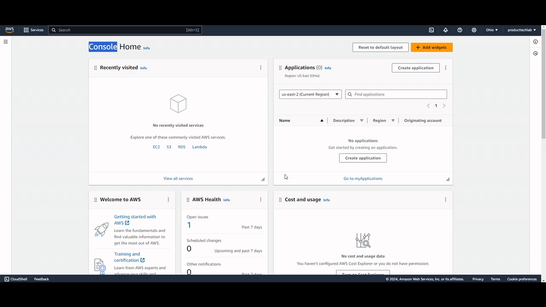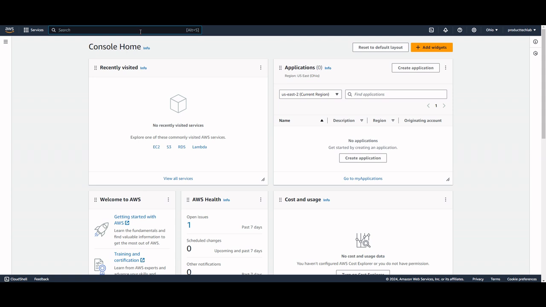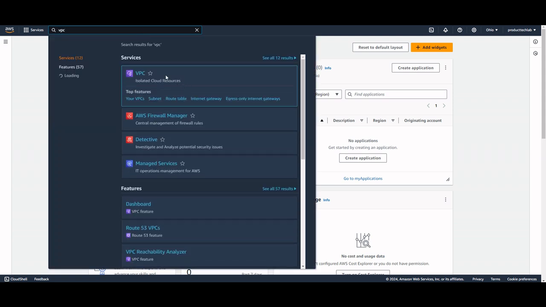Welcome to the Producttechlab. This chapter will show the VPC and VPC configurations, and also instances. Okay, let's start from the VPC. If we search here for VPC, Virtual Private Cloud, and click on it,